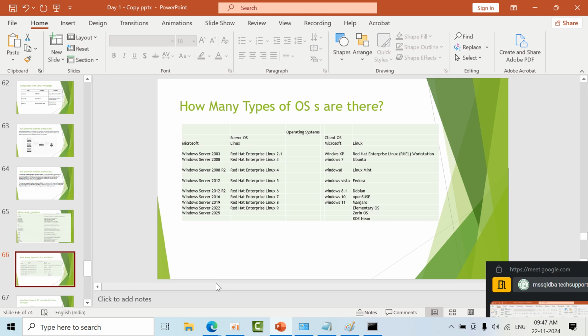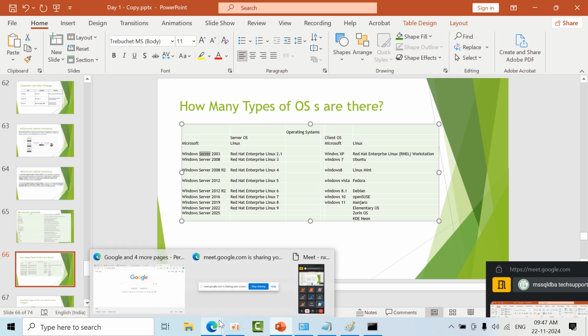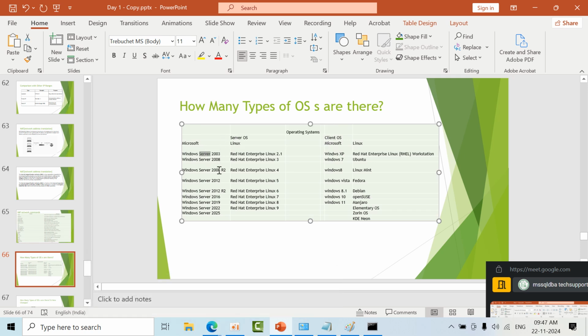In Microsoft, whenever you see the word Server, it is a server operating system. Windows Server 2003, 2008, 2008 R2, 2012, 2012 R2, 2016, 2019, all these are server operating systems from the Microsoft family. For open source and commercial Linux operating systems, there is Red Hat Enterprise.